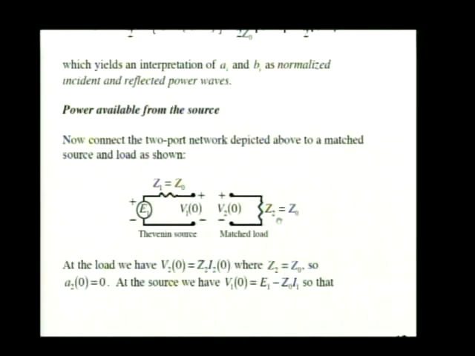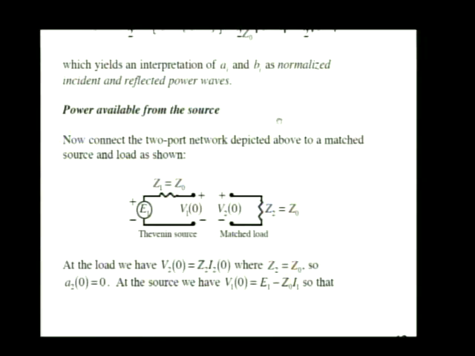We decided to make use of a matched source so that Z1 was equal to Z0. And connected at the other end of the two-port is a matched load, in general Z2, but for a matched load Z2 would also be set equal to Z0. And we were doing some circuit analysis on that circuit to come up with